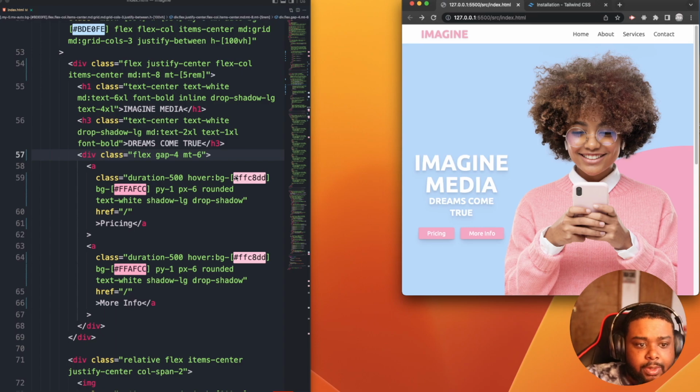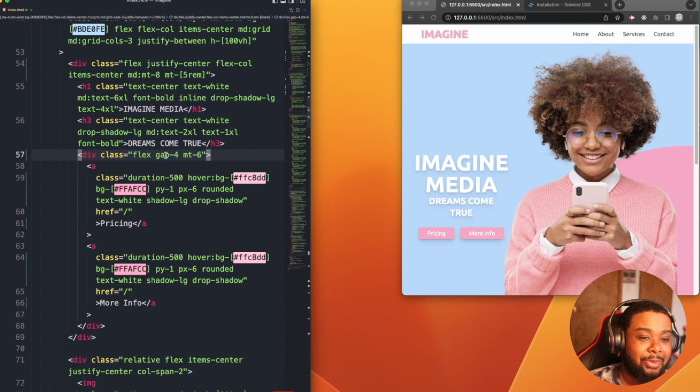What we probably can do is this. We can probably do margin top 6 for that, and then gap 4. It's so confusing. All right, so gap 4 for that's the default, so it's gonna be medium up, and then